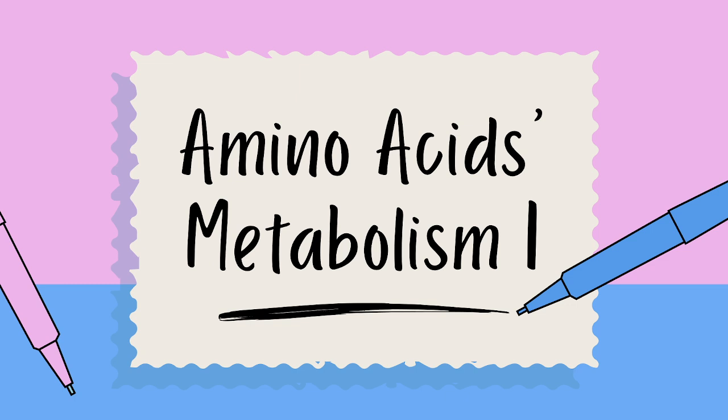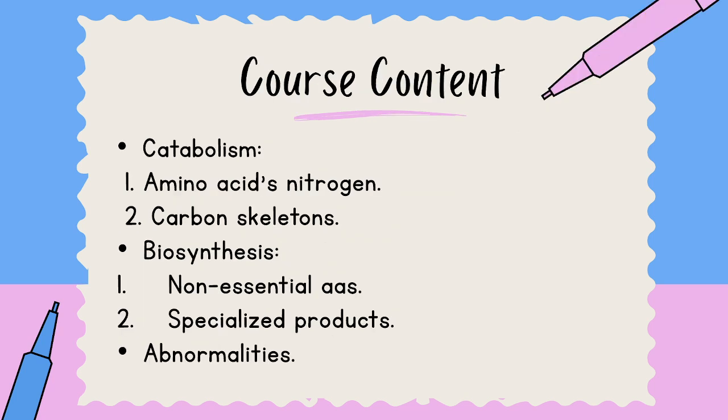Today we are going to start a new course, and that is amino acid metabolism. The content of this course includes catabolism. We will be discussing how the body catabolizes the amino acid, particularly the carbon skeletal part of the amino acid and the amino acid nitrogen. And we are going to talk about some anabolic reactions and pathways, including synthesis of non-essential amino acids and of specialized products that can be synthesized from amino acid. And of course, as we go on through the course, we will come across some abnormalities that are related to